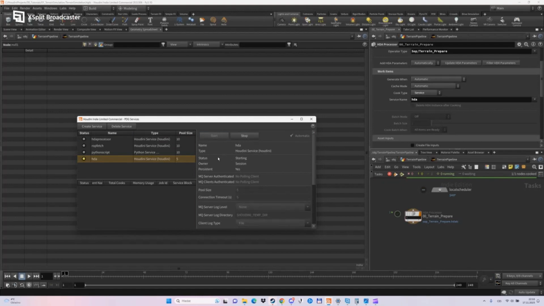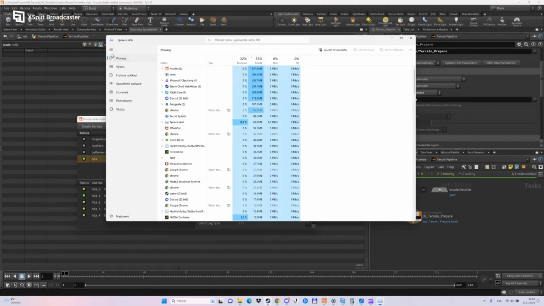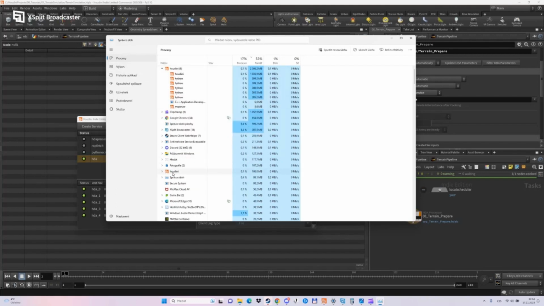It will take some time, but later we will save because it's not to be started again. And now 5 instances are running, and we can check in the task manager, and we have our normal application Houdini, and here are our 5 instances of Python,